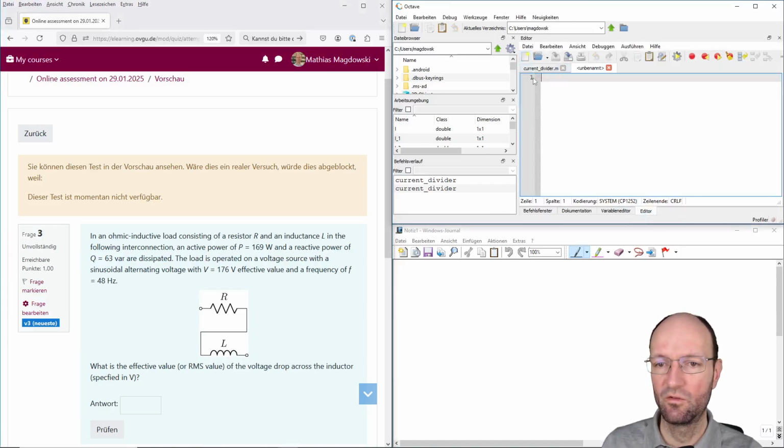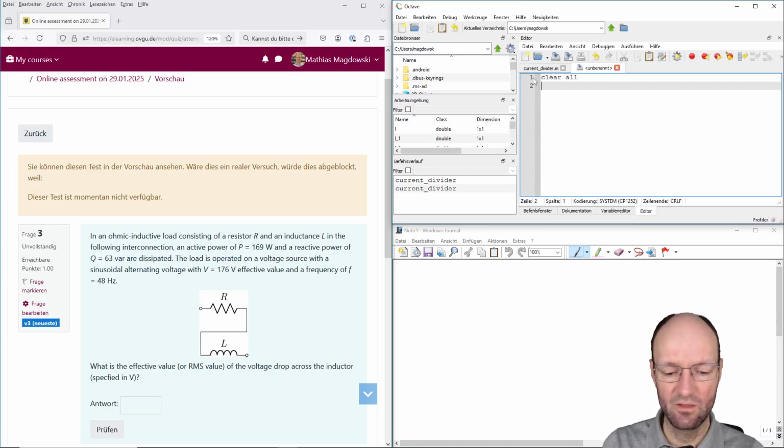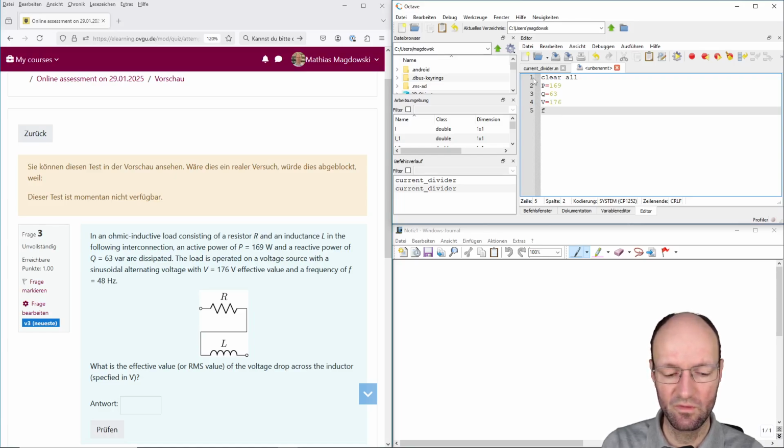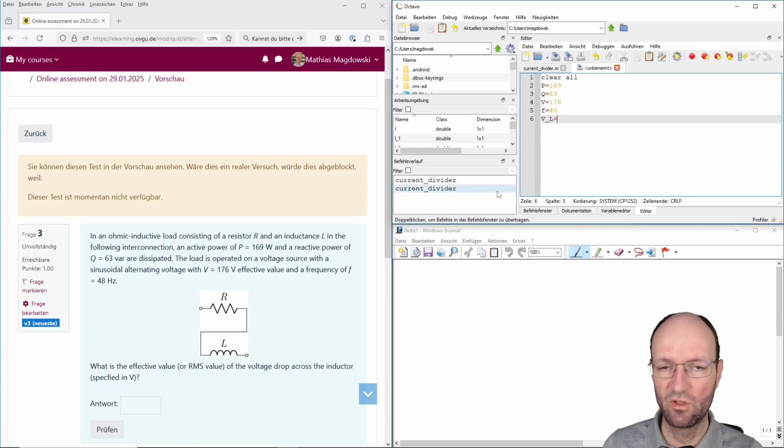So let's use the new script, start with clear all, take all the values. So the active power is this in watt, the reactive power is 63, total voltage is 176, and the frequency is 48 Hertz. And so now we can calculate the voltage drop across the inductor here by using a